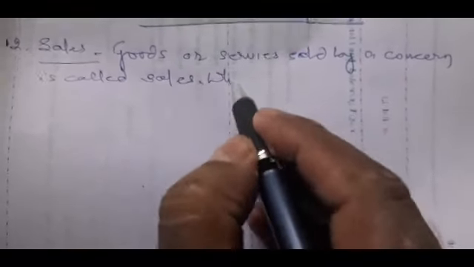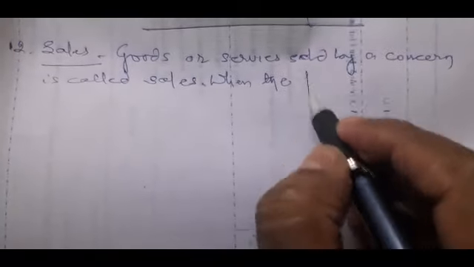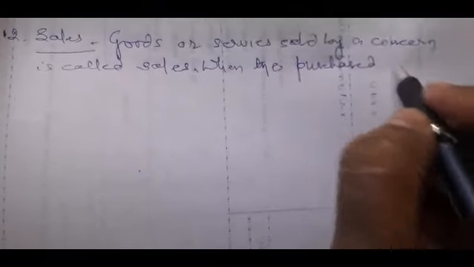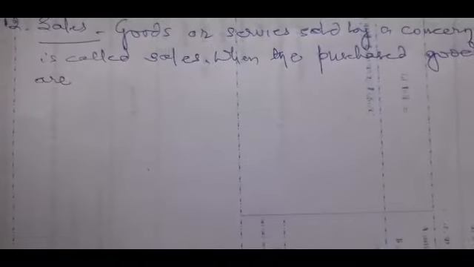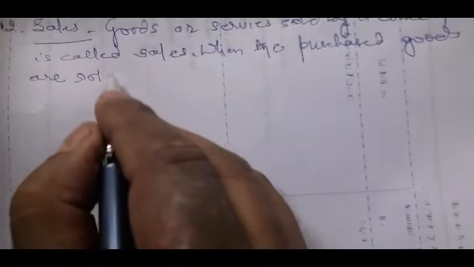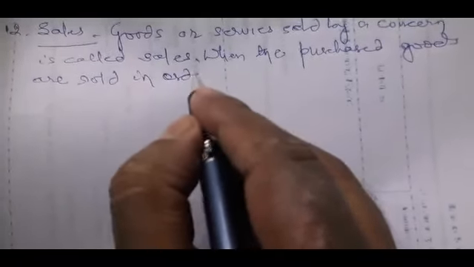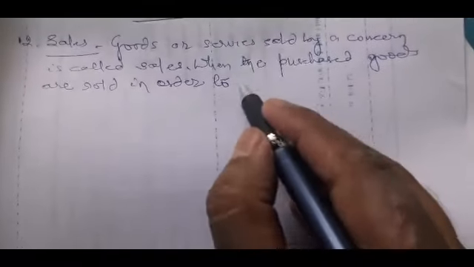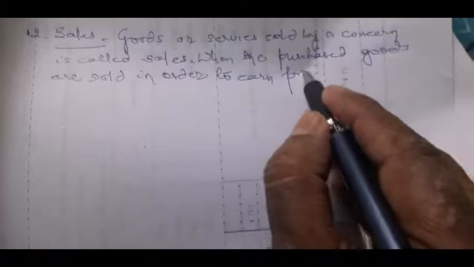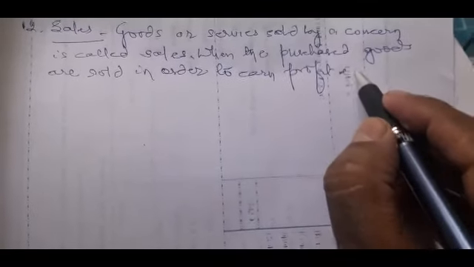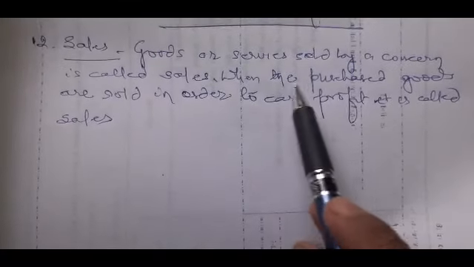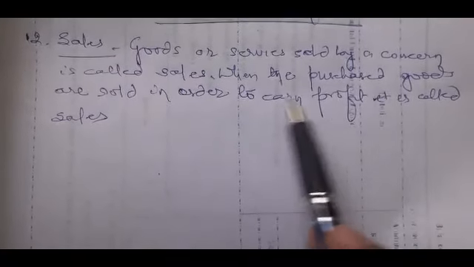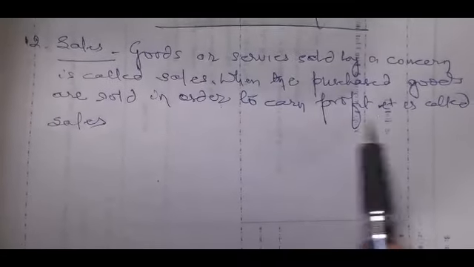When the purchased goods are sold in order to earn profit, it is called sales. Goods which are purchased by the businessman, when they are sold with a motive of earning profit, then it is